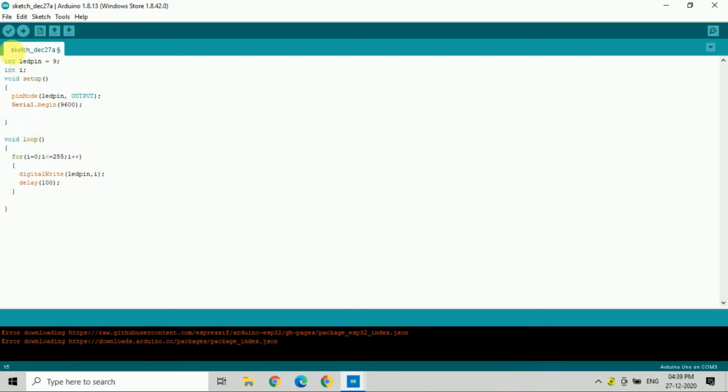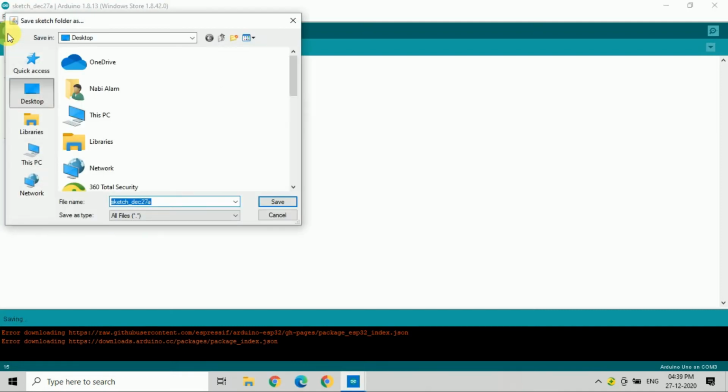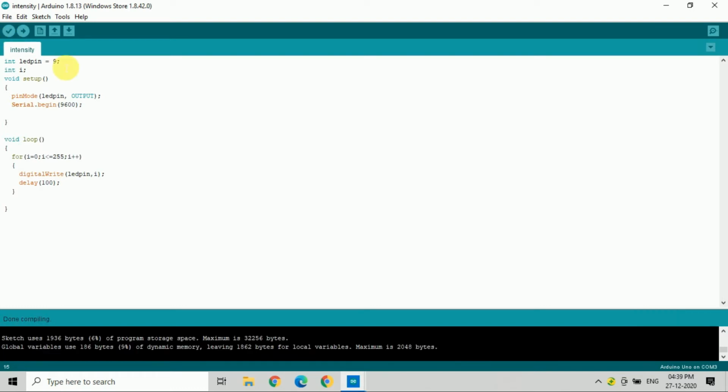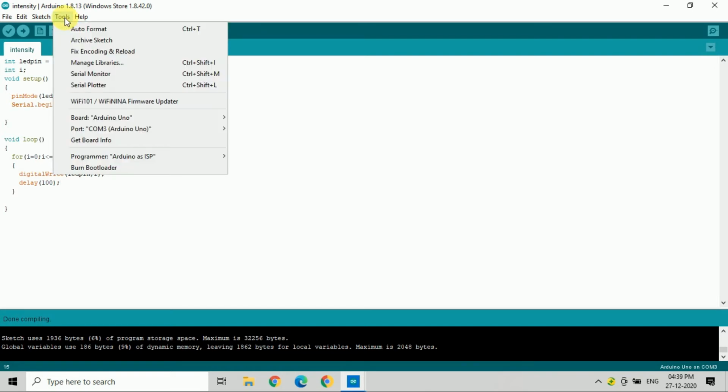Now compile the program. We have to save it. I'm going to save it on the desktop as intensity. Maybe it will take some time. Okay, done compiling. One thing I want to tell you: go to Tools and check your board and port.